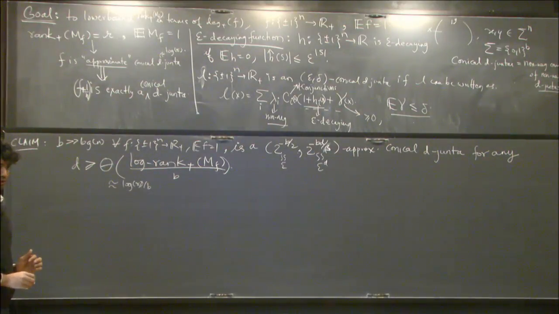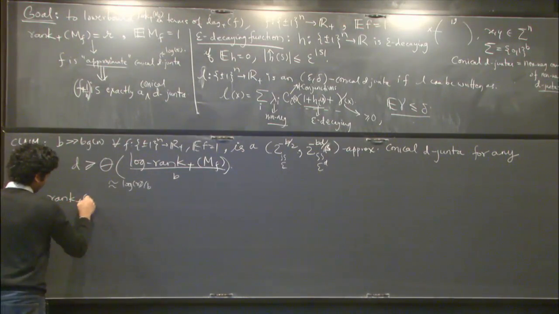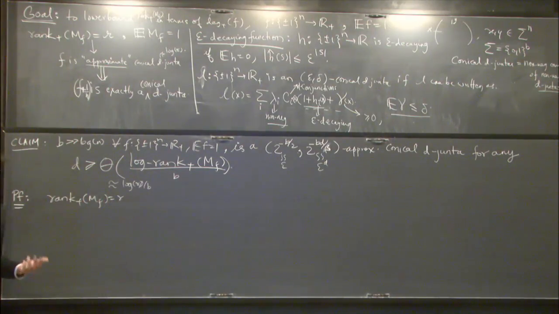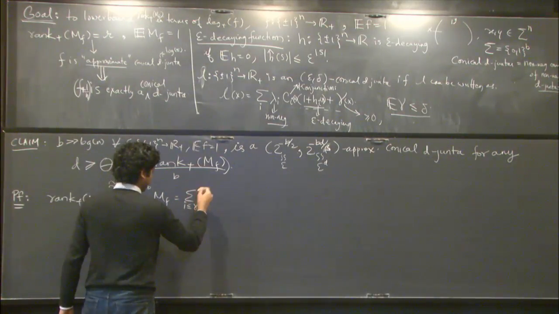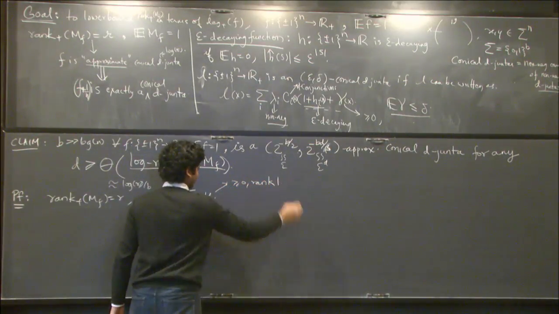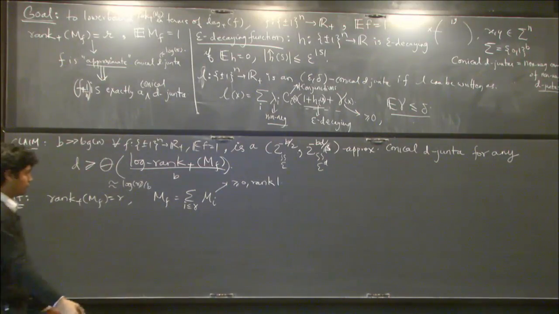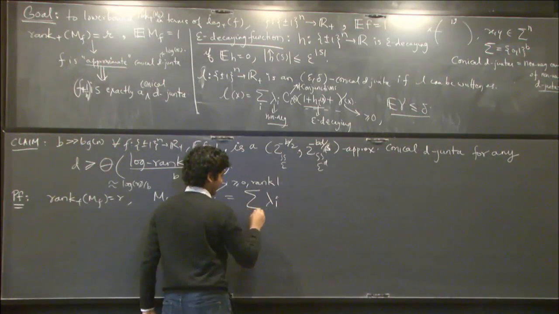Yes. Okay, great. And this part is fairly simple. So let me show it to you how we are going to do this. It would also sort of nicely play with what's going to come next and the main crucial part. So suppose rank-plus of M_f is R. Okay, so what does that mean? It means that M_f is some sum over i from 1 through R of some M_i's. These are non-negative rank 1, right? So since they are non-negative rank 1, I can write it as some lambda_i